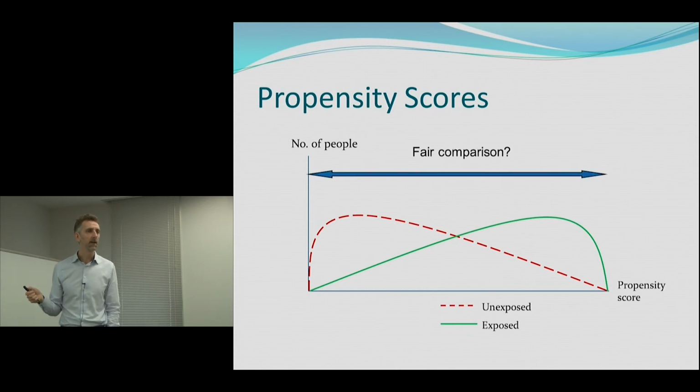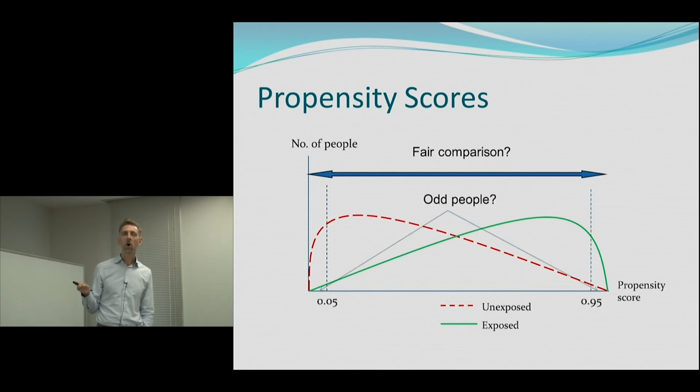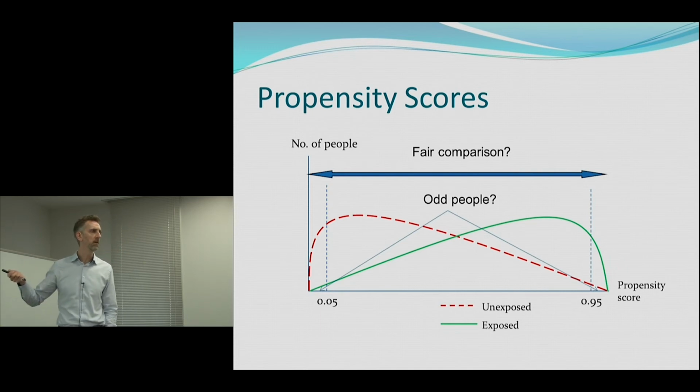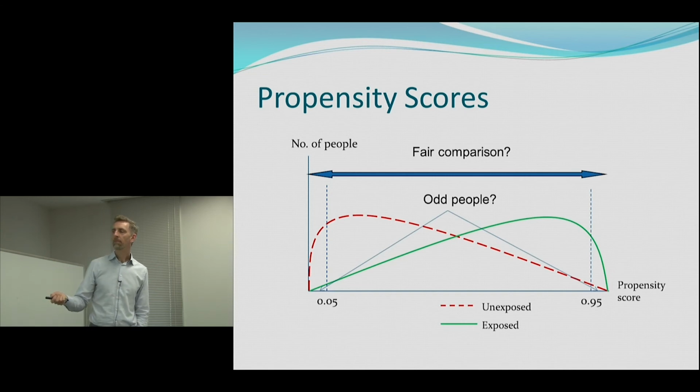There's another argument that says, if we want to make a fair comparison, maybe we ought not to include the people at the very extremes of the score who were treated contrary to, or other than, what you would have expected from their score. So here you've got people with very, very low scores but who are given the treatment. Conversely, you've got people with very, very high scores who are not given the treatment. And the question is, are these really weird people? And if they're really weird, how are they weird? And do we want to include them in the analysis? So there's a question that we may want to exclude them.